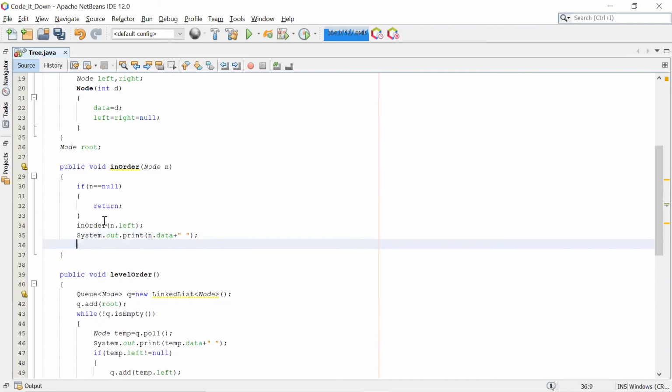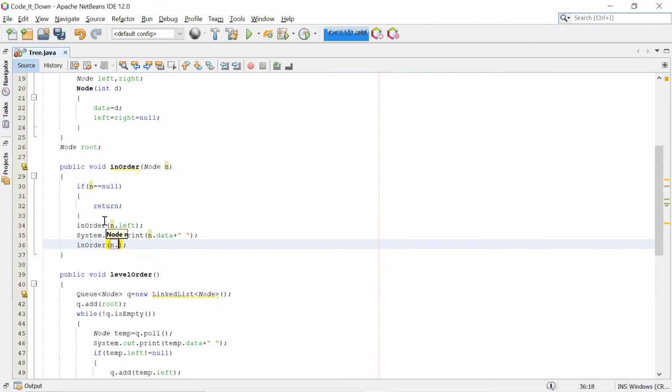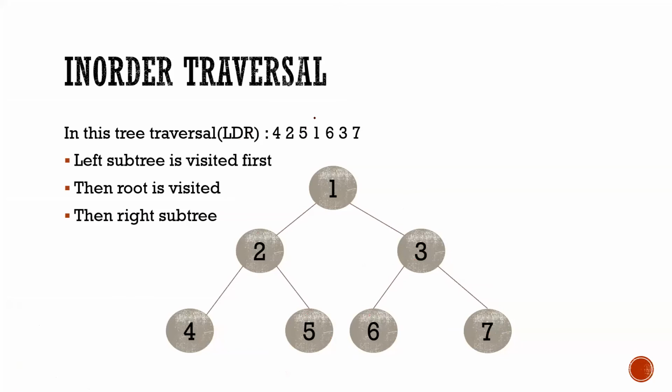And for the right part we'll use n dot right. We are using recursion here. Let me tell you how we are traversing it. First I've written n dot left.